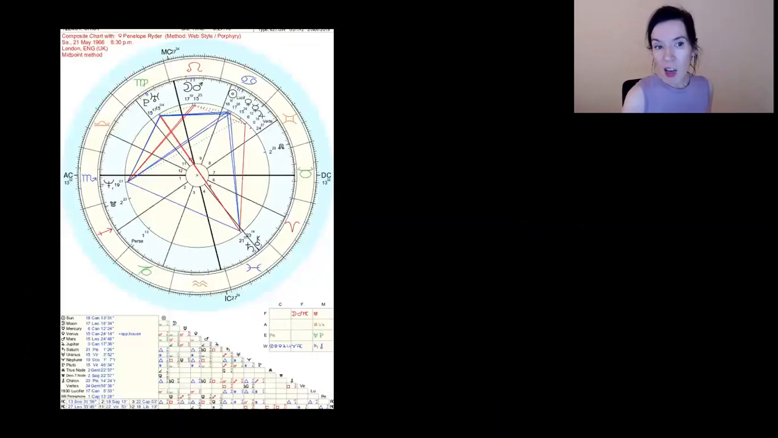Then we've got here a composite chart. So this is a chart of two people put together. This is with a friend of mine, and you can see that Pluto is in the 10th house. So we can see that then I would look to the polarity point, which would be the 4th house, and that's the intention of the friendship. And then we'd look at the South Node,